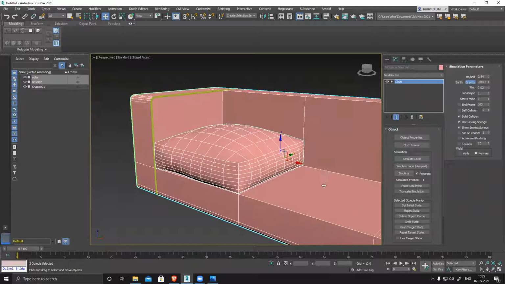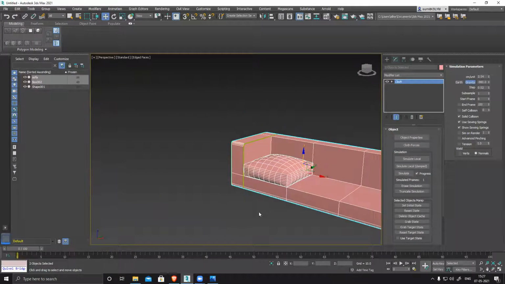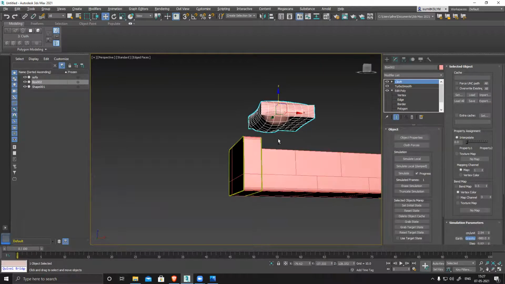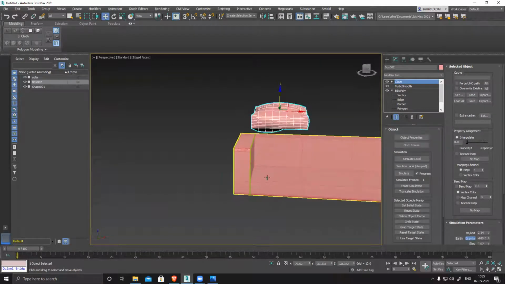If you see, if I move this, sorry, my bad, only this cushion, you can see the base becomes crushed inside this surface.